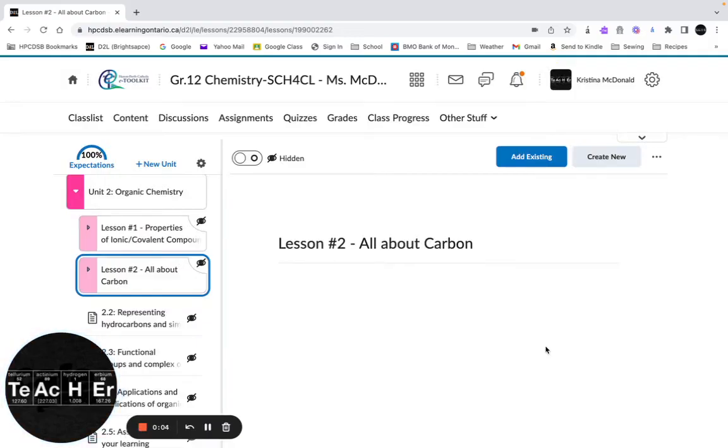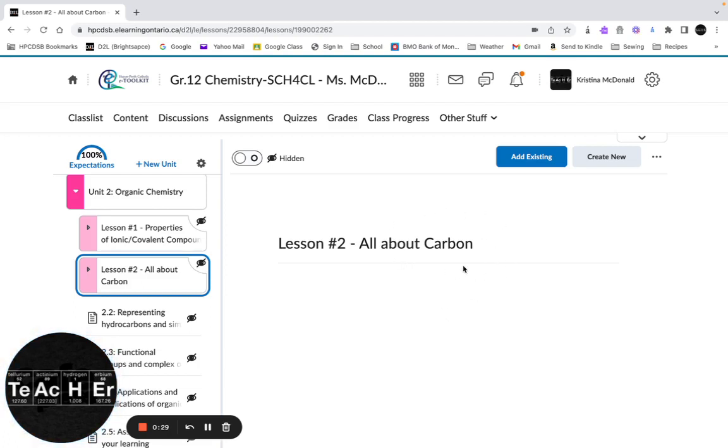Today, we're going to start the actual lessons related to organic chemistry. So yesterday, you just talked a bit about properties of ionic and covalent compounds. You also reviewed some covalent bonding. We had done that in Unit 1. But today, we're going to start to talk about the main element that is pivotal to organic chemistry, and this